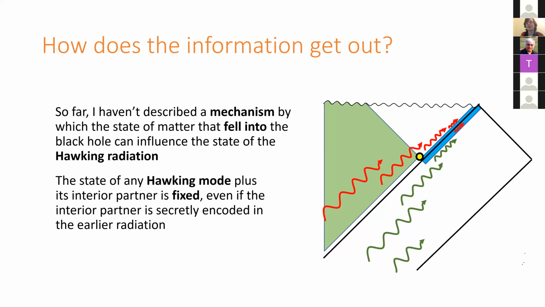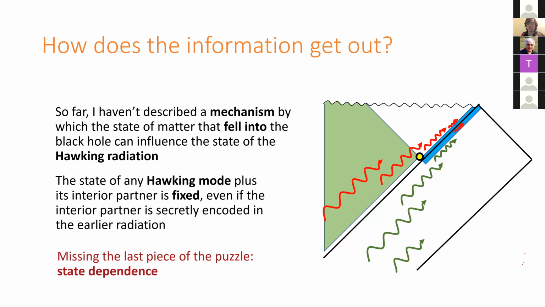in. Hence, even if the interior partner is secretly an operator that acts on the early Hawking radiation, then there's still no way that adding this extra quanta of Hawking radiation to the early Hawking radiation can teach you anything new about the matter that fell in, right? Because it's just entangled with some fixed operator on all this stuff, then the overall state is fixed. Even if the entropy is going down, then you're just ending up with some fixed state of the Hawking radiation that doesn't depend at all on